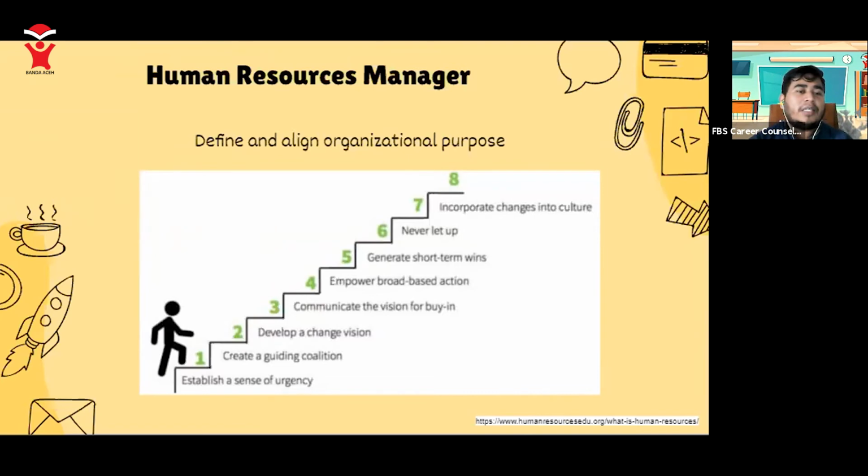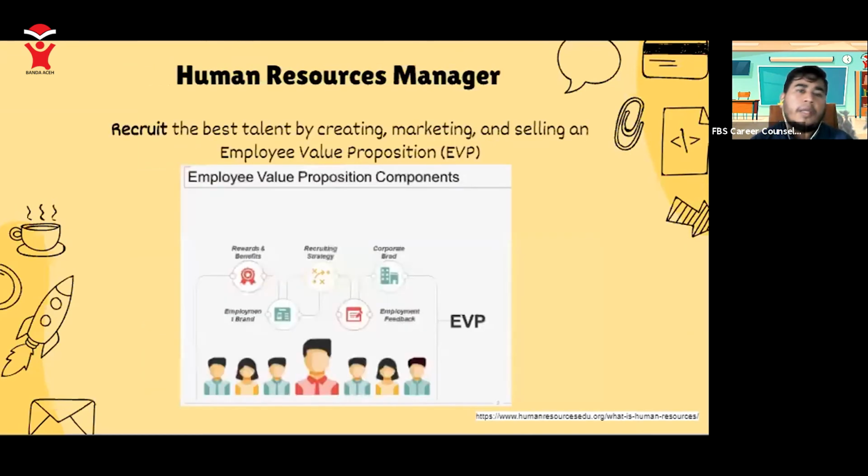And then next, they also recruit the best talent by creating, marketing, and selling an employee value proposition. That is called the EVP. The components of the EVP are the rewards and benefits, the strategy of recruiting, and the corporate brand. So the employee feedback is also important. You can make a survey, or you need to take the feedback